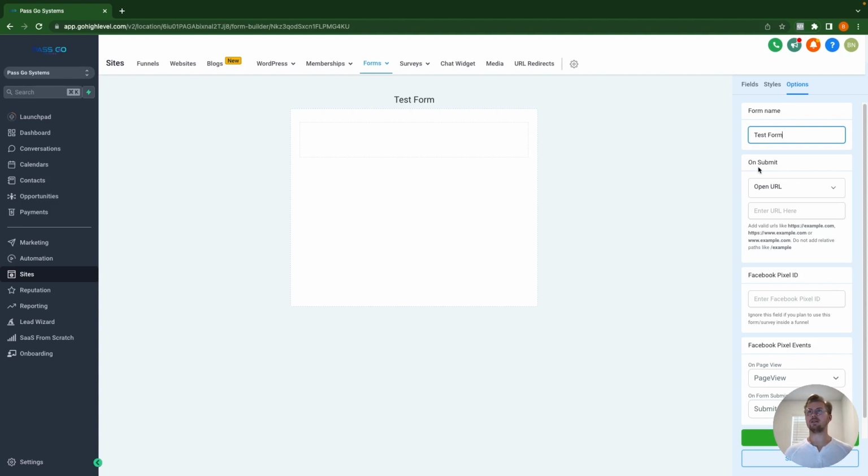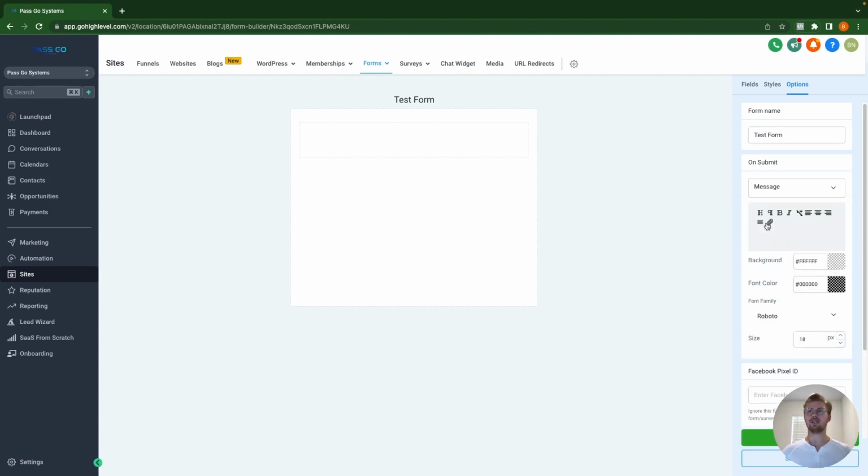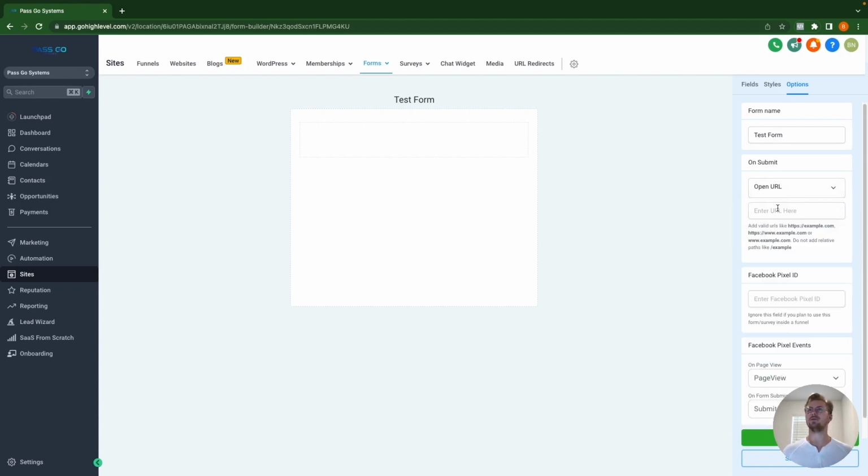And on submit, this is where you choose what happens when someone submits the form. So if you add a button to the form and they click it after they've entered all of their information, this is what's going to happen. So it's either open URL or send them a message. And then if you send them a message, you can type in here complete, and they would get a message that says complete, and you can change the background of it and the font color and the font size. But I'm going to open URL, and we're going to send them to